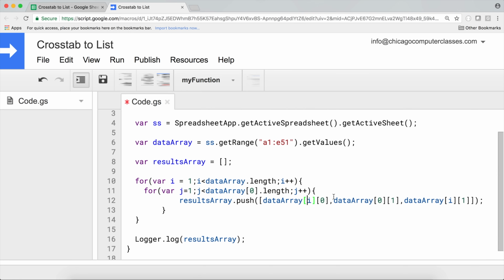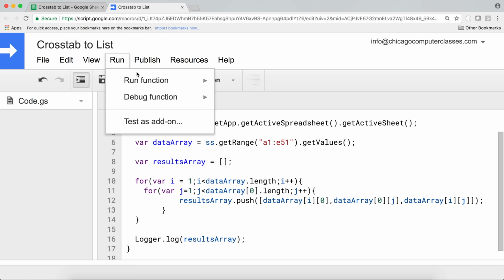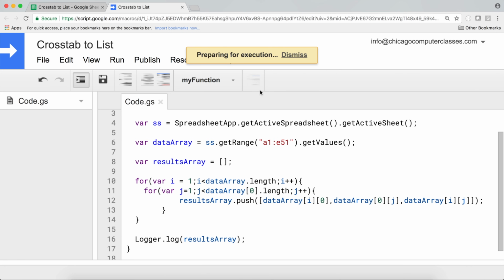Now instead of having this hard-coded 1, which was always getting us everything from that one single column, I'm going to replace it with this j, which first is going to be 1, then it's going to become 2, then 3, then 4, and so on. So it's going to go through all those columns. If I save this and run this as a result,